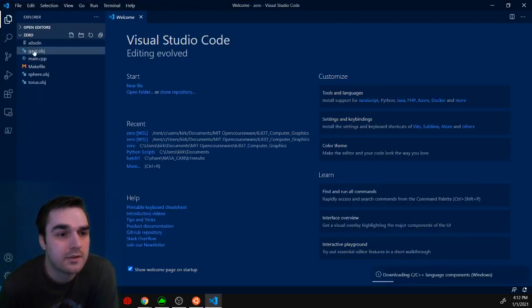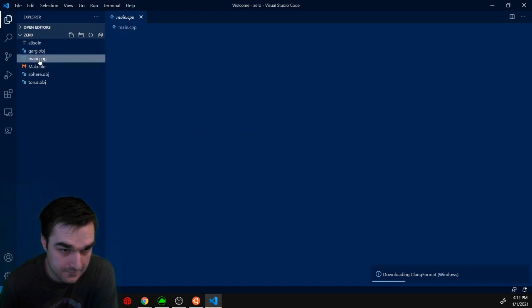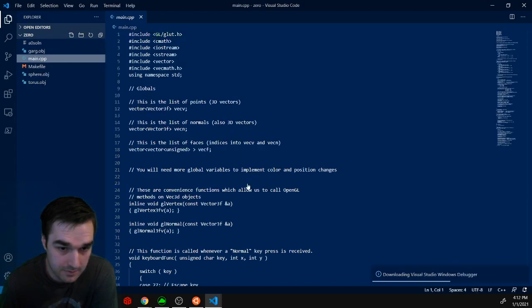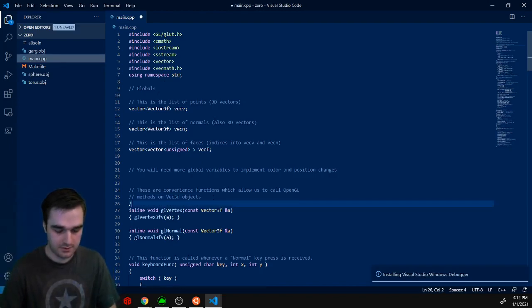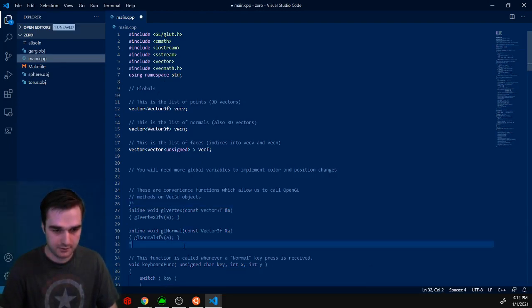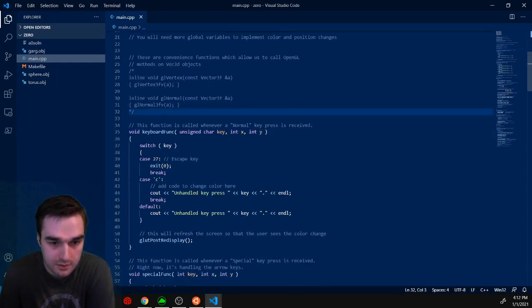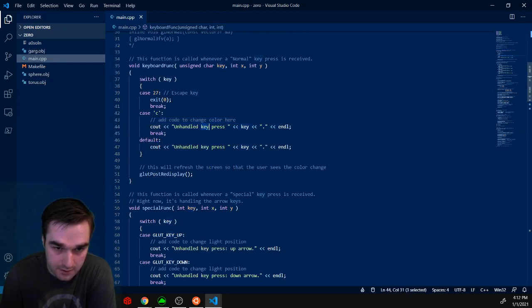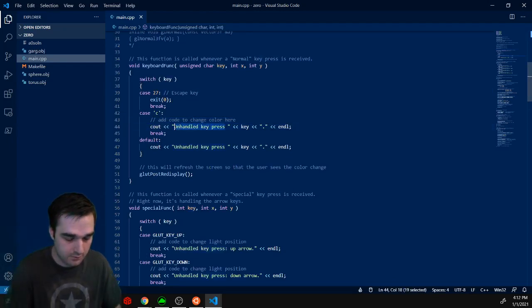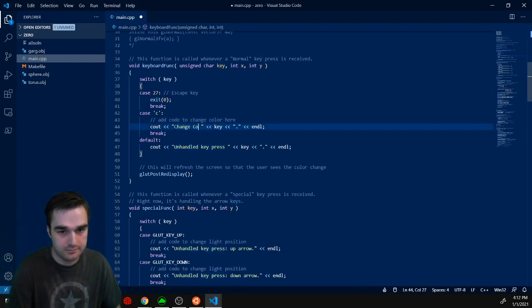Okay, so main.cpp. And we already talked about commenting out this line right here so that it compiles because we're not using it. Okay, so add code here for color change and then unhandled key press. So I changed this to change color